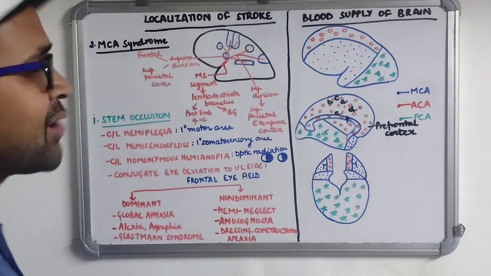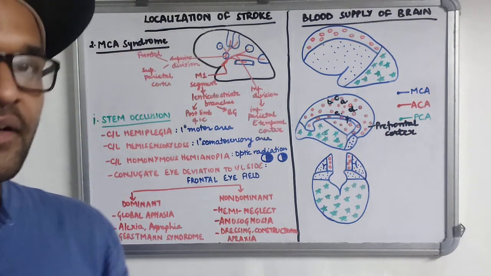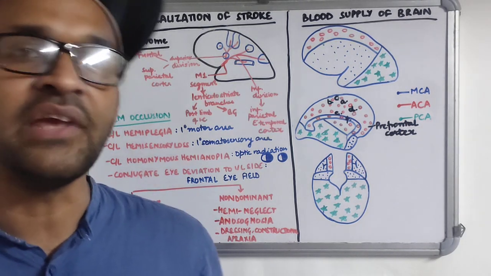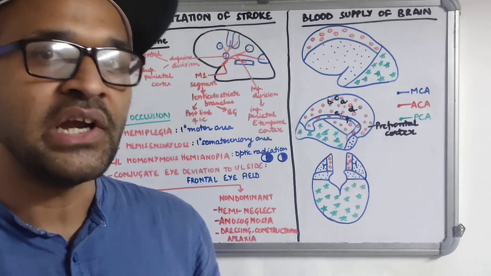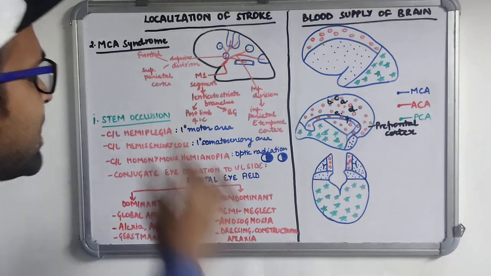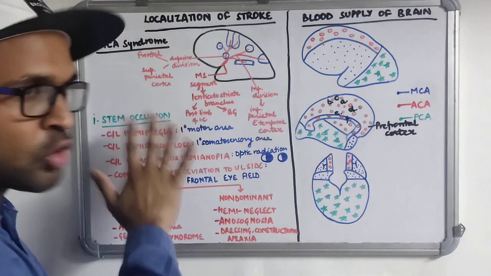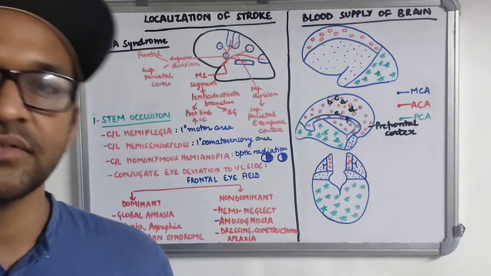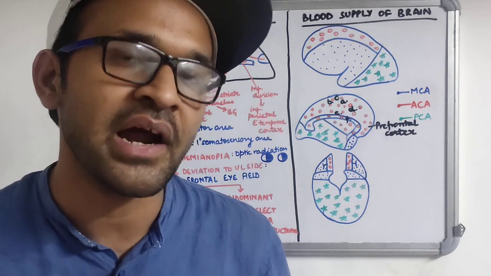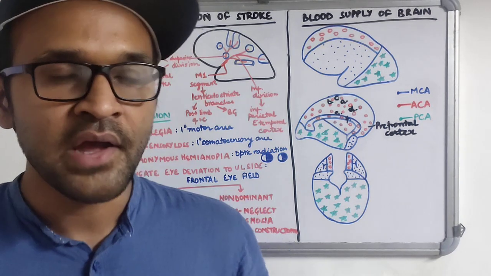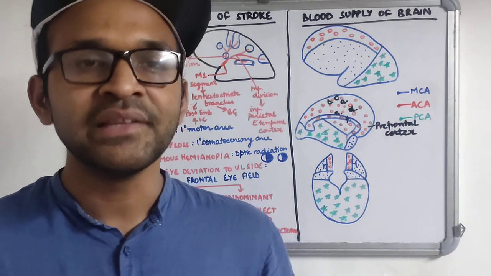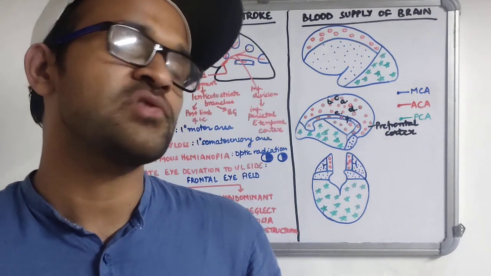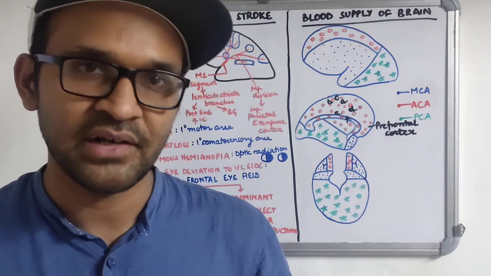Here I only want to mention the internal carotid artery syndrome. Internal carotid artery occlusion in the presence of a competent circle of Willis may even go unnoticed. Otherwise, it will present similarly to middle cerebral artery stem occlusion, except there is amaurosis fugax. Amaurosis fugax is the sole feature that distinguishes the middle cerebral artery syndrome from the internal carotid artery syndrome. Now, what is this amaurosis fugax? That means there is transient monocular blindness lasting from 5 to 30 minutes. That is the sole feature which will distinguish middle cerebral artery syndrome from internal carotid artery syndrome.